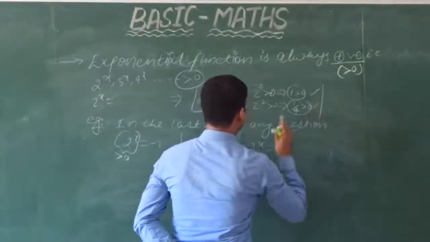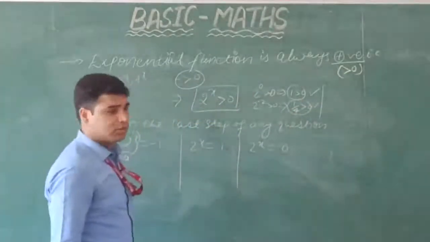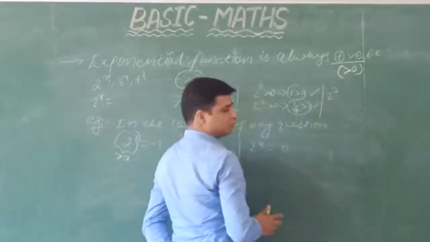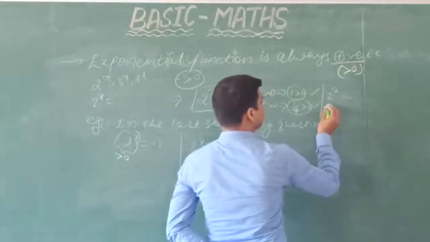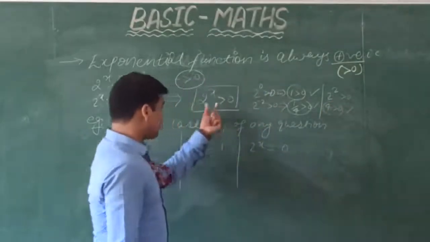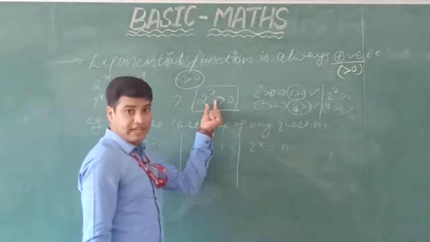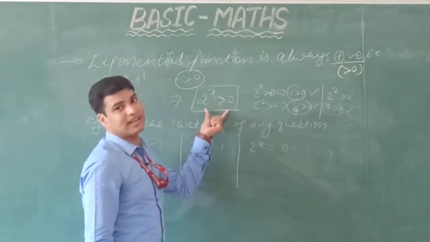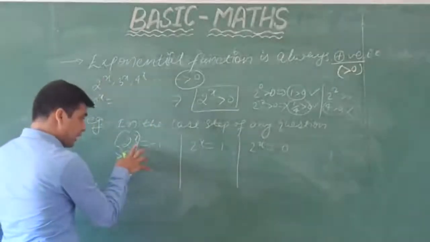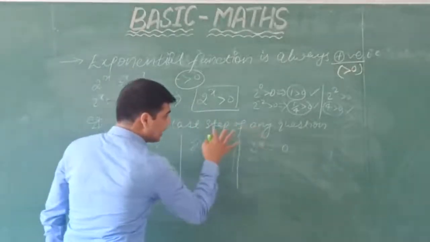Now third, put any positive value here. We know that it will always be positive. Suppose I put 2 here, so 2 raised to the power 2 gives 4, which is greater than 0. So whether we substitute positive, negative or 0, we always get a value greater than 0, meaning positive. Now see this here, this 2 raised to the power x in the last step of any